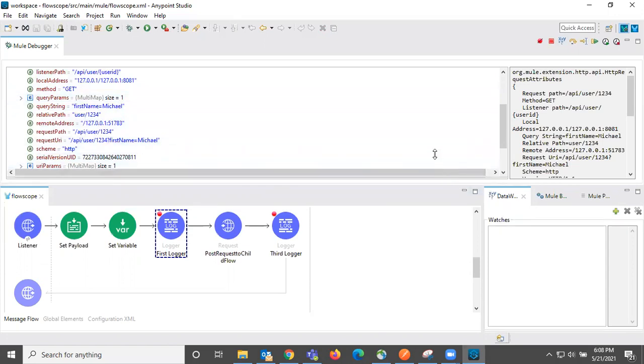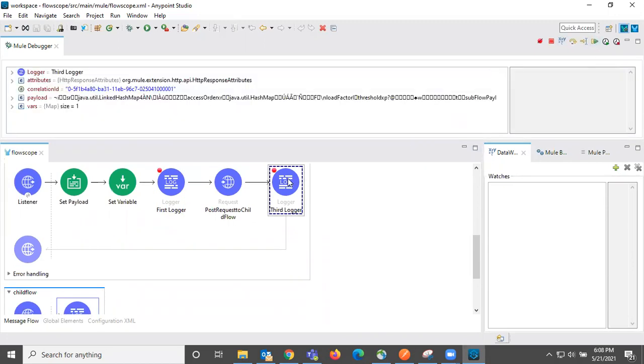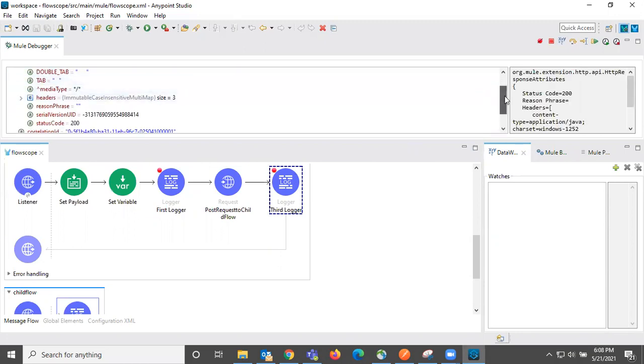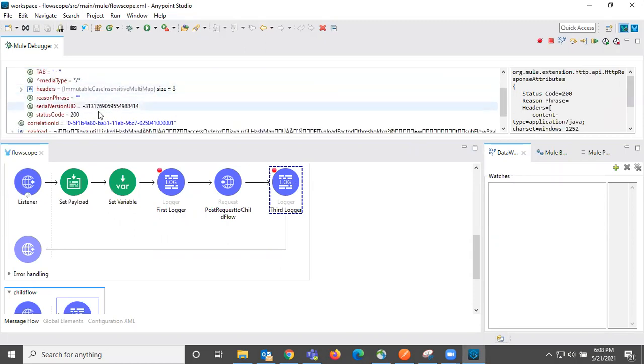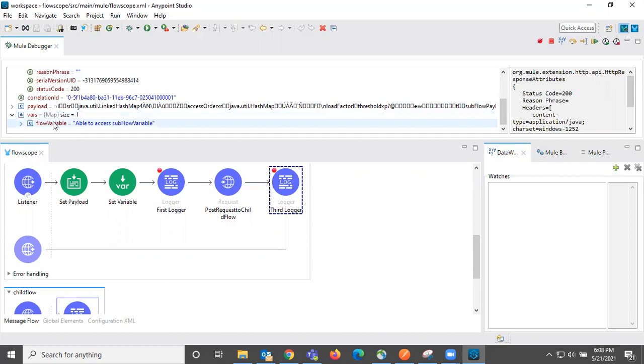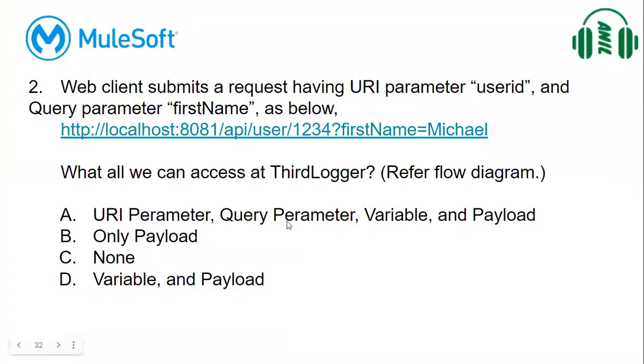Now let me stop at the third logger. Here, if you go back and look into the query parameters and URI parameters, you cannot see them. There is no query parameter and URI parameter, but you can still access the variable that we created here and the payload. So payload and variable is the answer. Let me release this. So D is the answer.